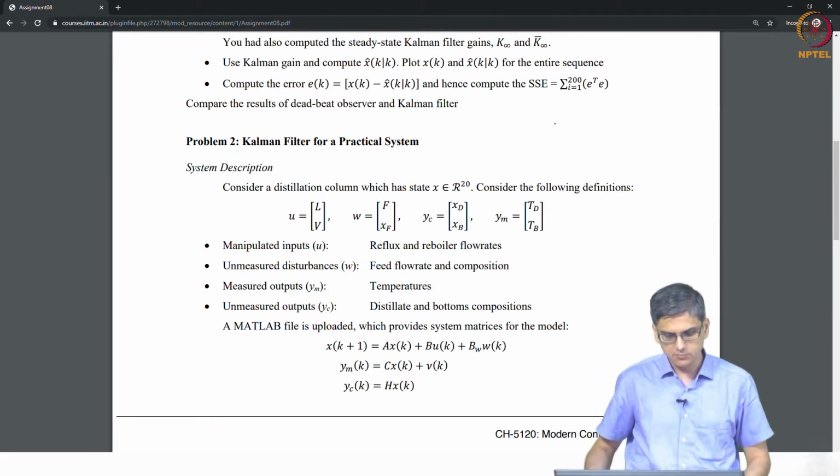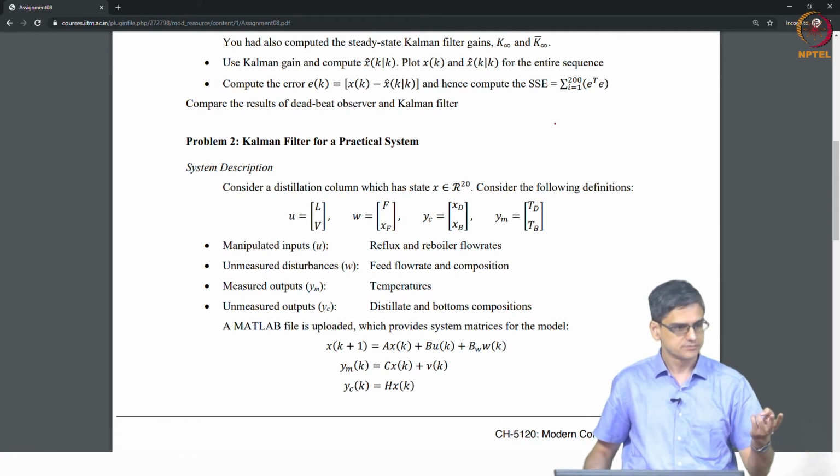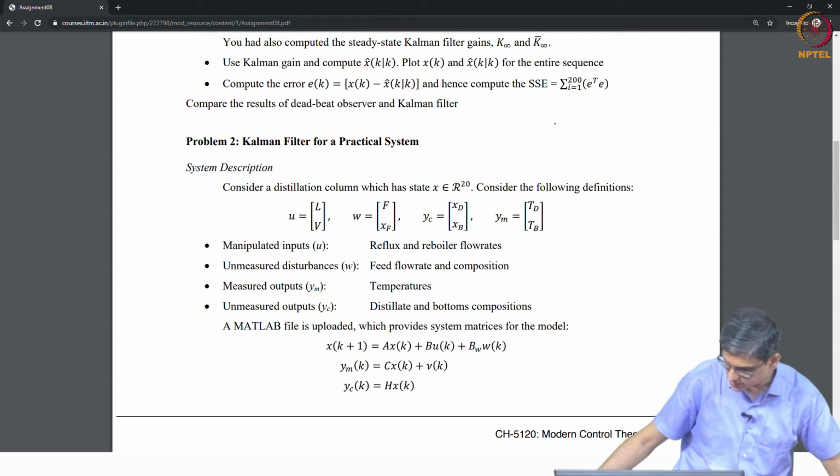The problem is that you have two measurements and you have your W as 2 dimensional. So, what is the model?